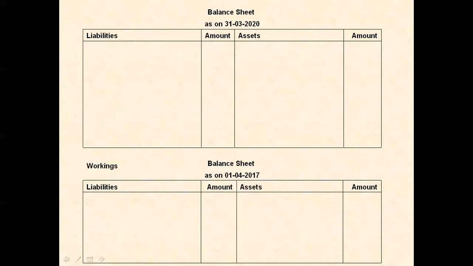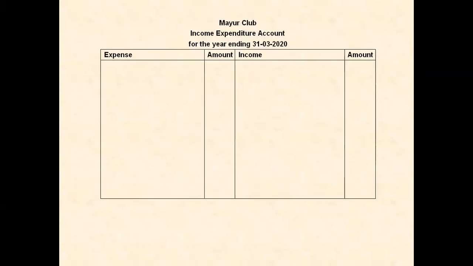Let us go to the receipt and payment account and see what is the amount of subscription received during the year. The total amount of subscription received is 2,15,000, and this 2,15,000 comprises of last year as well as next year. So I'll minus that 4,000 of last year, as well as I'll minus that 6,000 for the next year. So by doing this, where will I come? I'll come to 2,05,000. That is the subscription of the current year.